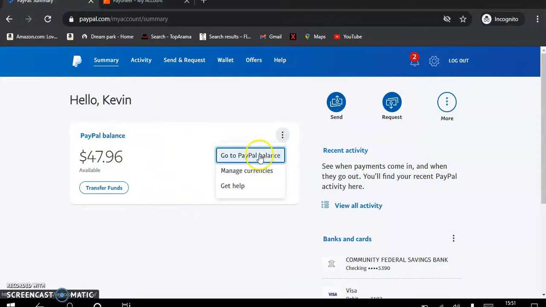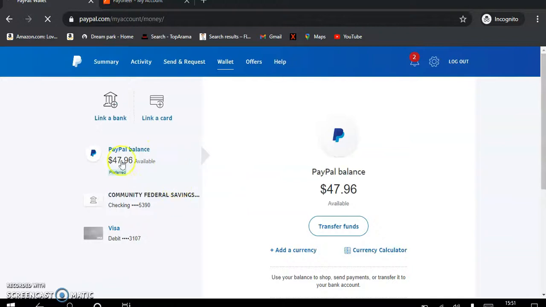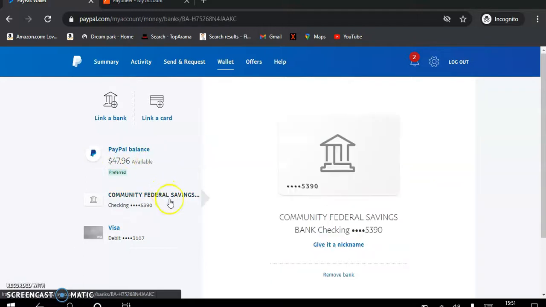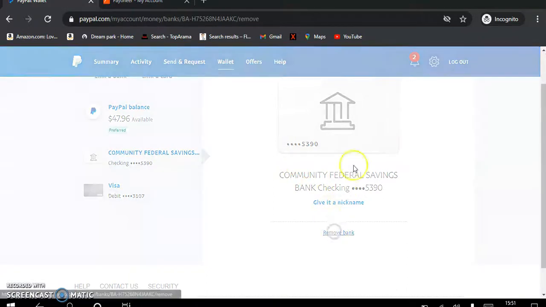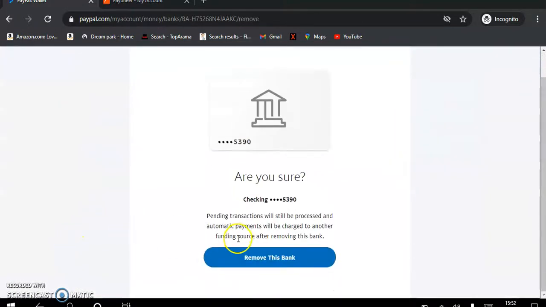We'll go to PayPal balance. We can see that we've set the PayPal balance as the preferred payment method. So the very first thing that we'll do is remove this bank. We'll try to delete this bank. Once we remove it, then we will attach it again.